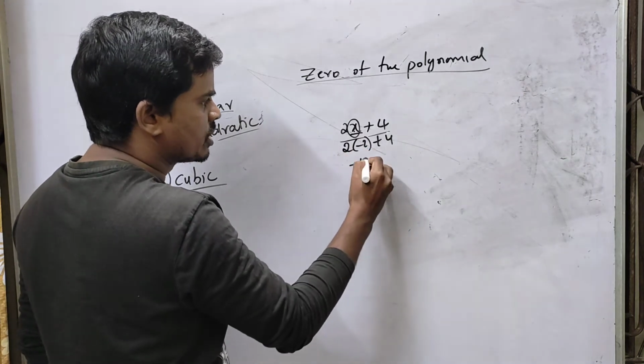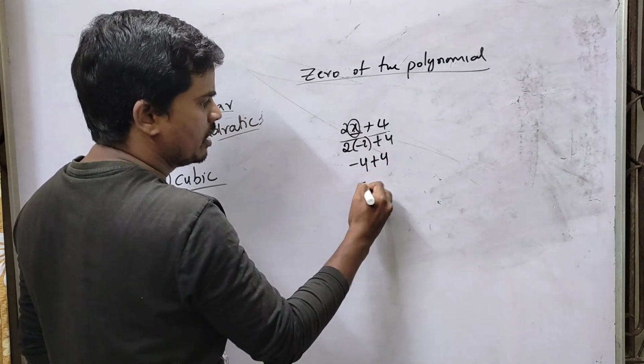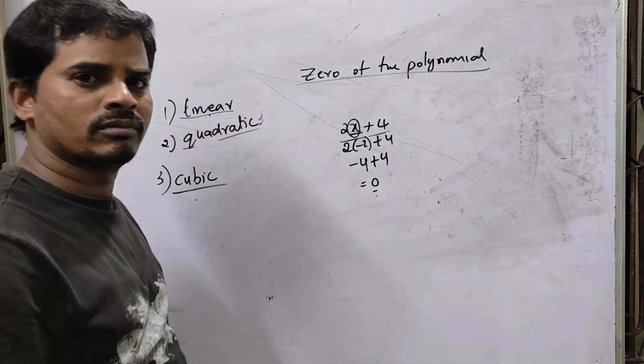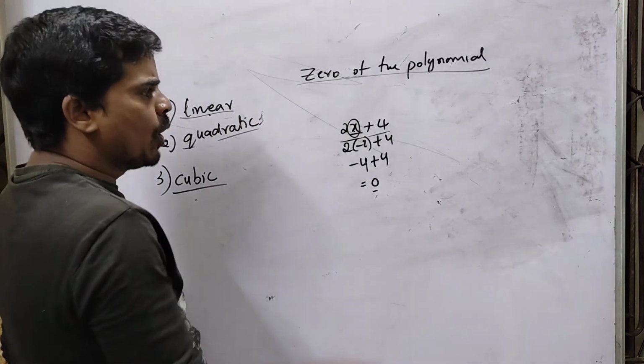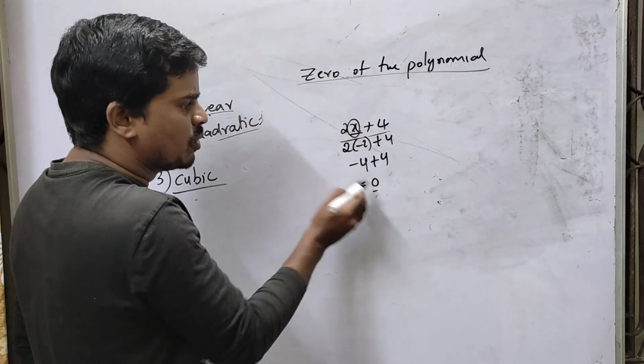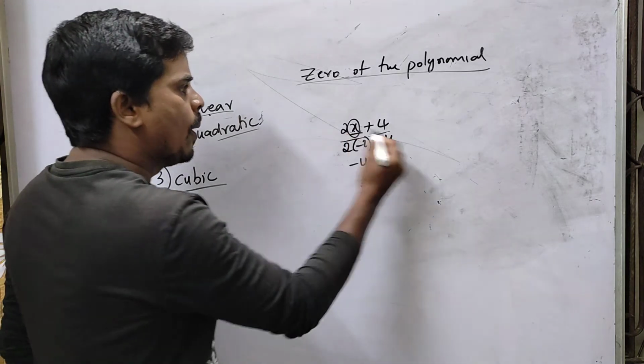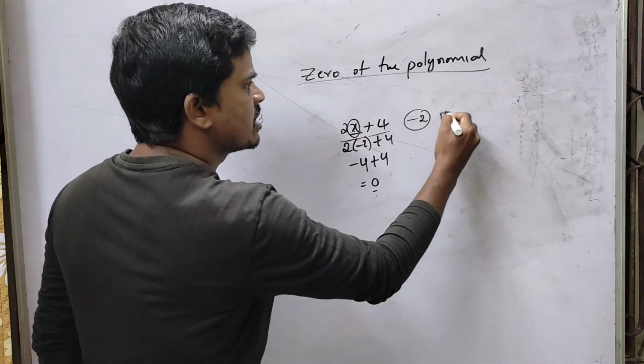2 into minus 2, it's minus 4. Minus 4 plus 4 becomes 0. So if I substitute minus 2 here, I get 0. So minus 2 is called